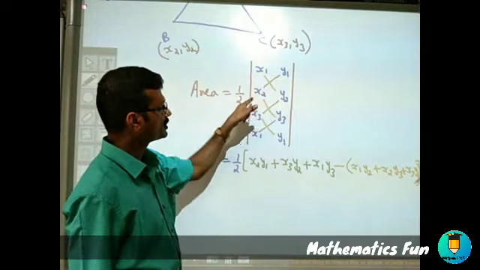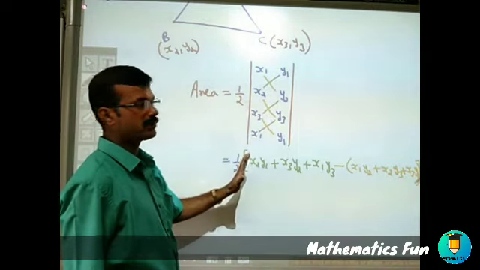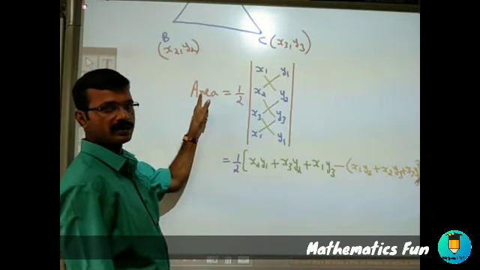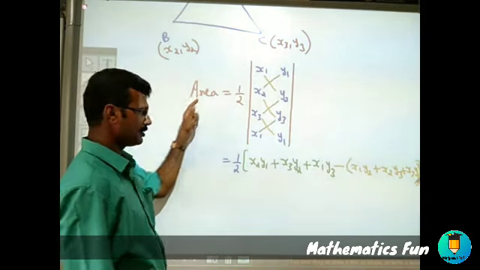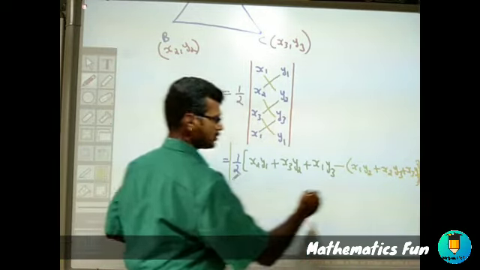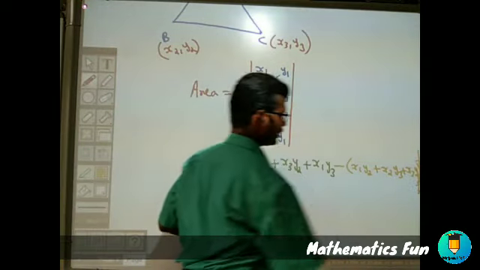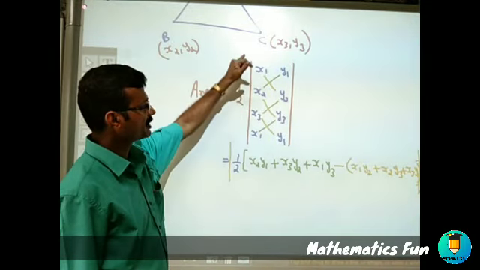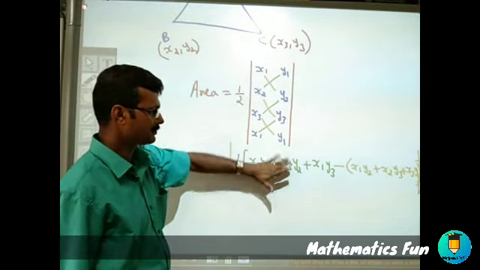You remember the method, the way of multiplication. If you remember, this is the easy way of calculating area. And since it is area, it must always be positive. That is why we always put the absolute value sign here. So we need the positive value. So the area of a triangle can be calculated with the help of this formula.